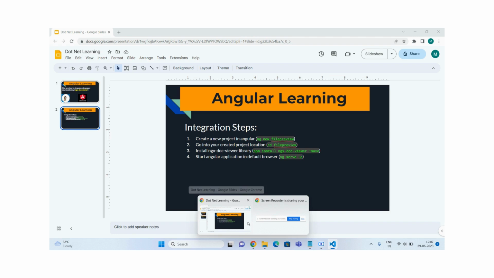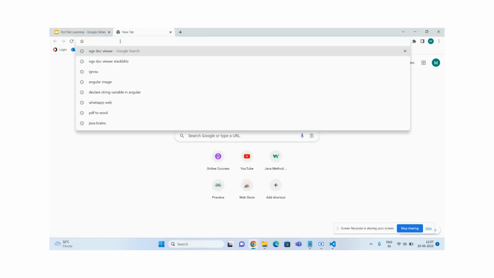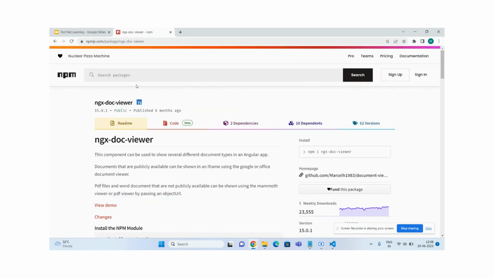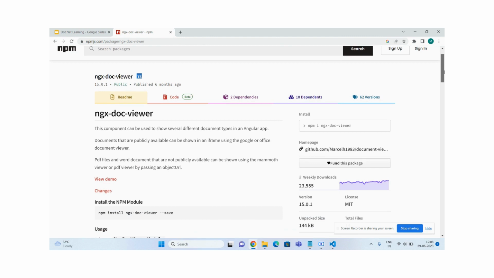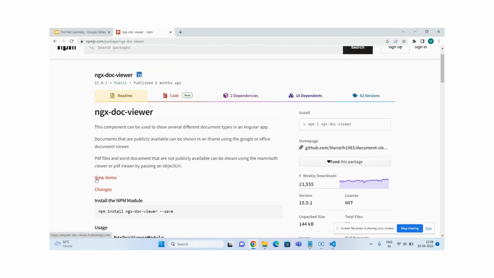Meanwhile, I will show you the official documentation of ngx-doc-viewer. Here you search for ngx-doc-viewer. The first link is from npm.js, so you open that particular library. Here you can read everything related to the ngx-doc-viewer that I am going to use in our solution. You can see the demo as well. You just need to install this